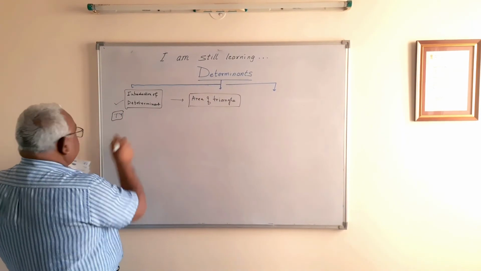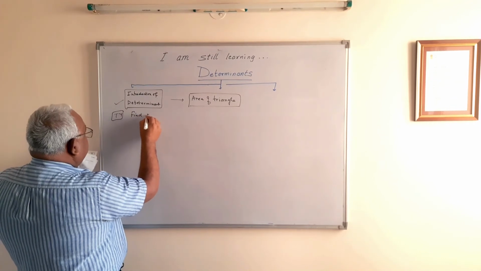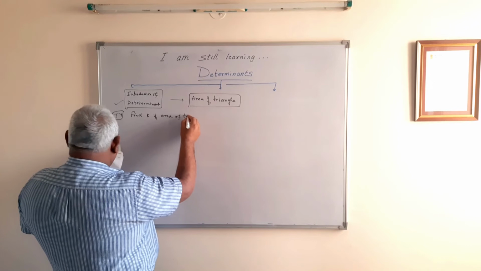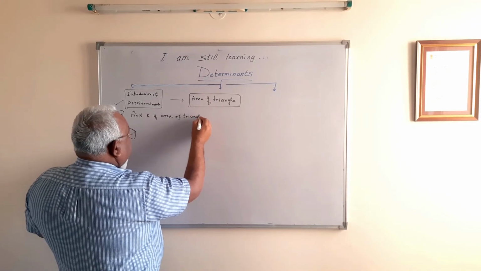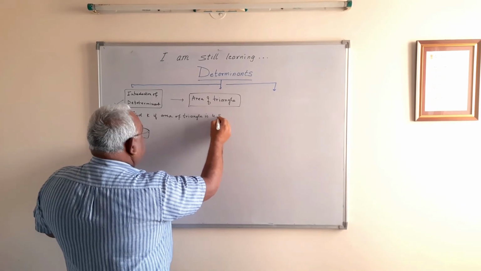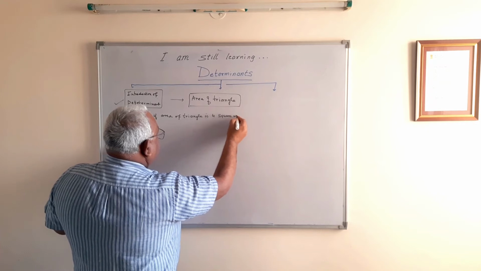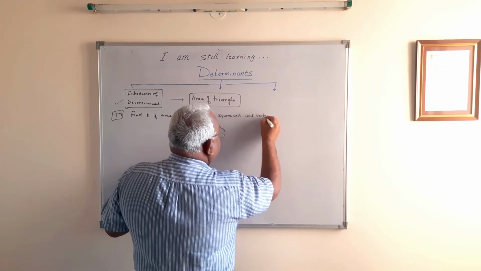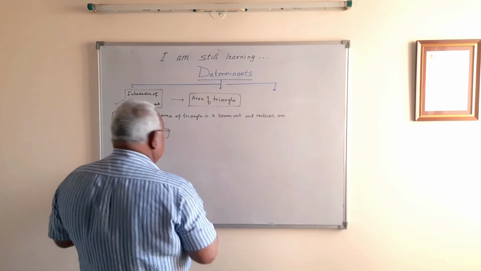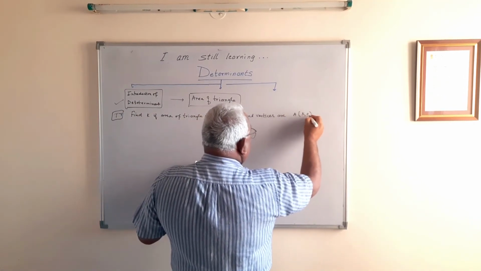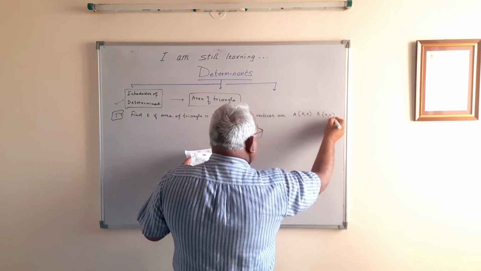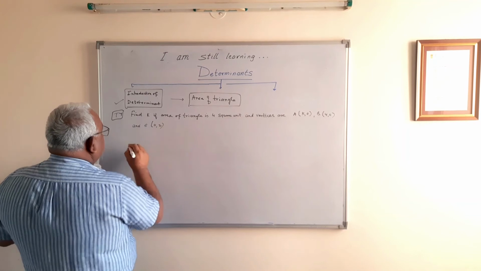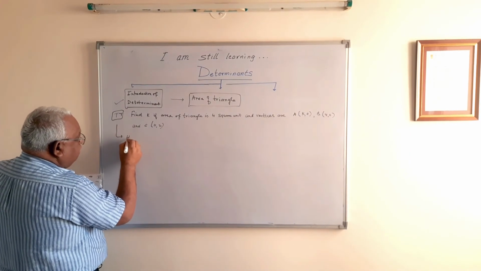So try yourself is find k if area of triangle is 4 square unit and vertices are A k comma 0, B 4 comma 0 and C 0 comma 2. When you attempt this question, the hint is